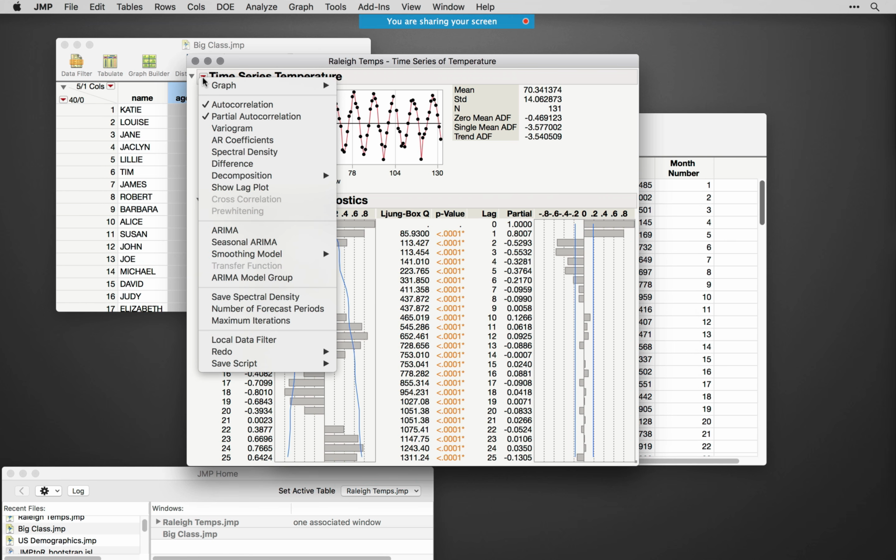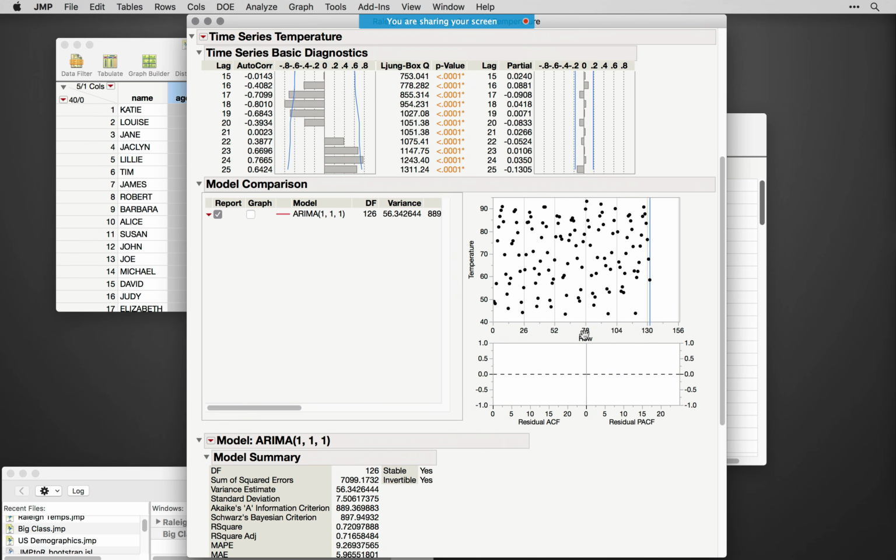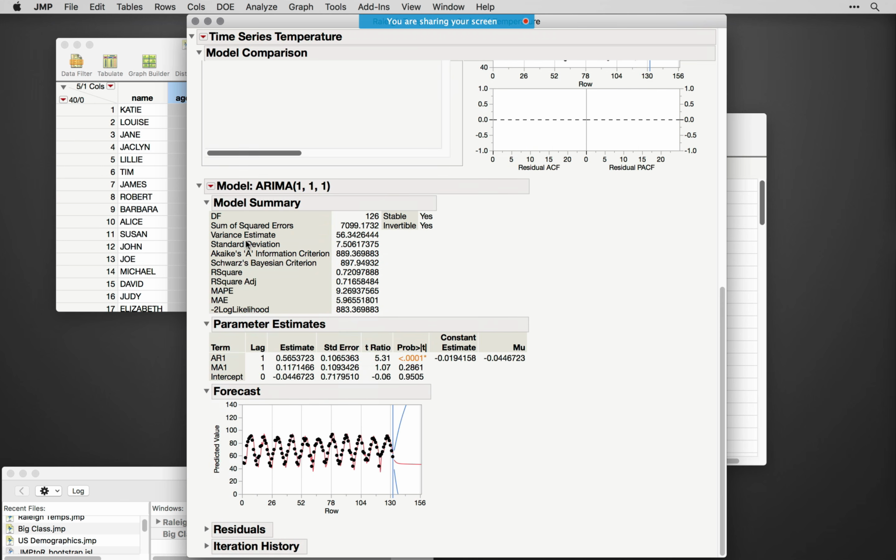Under the red triangle again, we can fit different models. So notice ARIMA here is one type of model I can fit. So I'm going to fit an ARIMA, and I'm just going to do this naively, just pick some parameters here, just because what I want to show you is a place in JMP where we can also request the analysis to be done in SAS. Now, this is not a particularly good model. Our predictions go pretty wildly poor after 130,